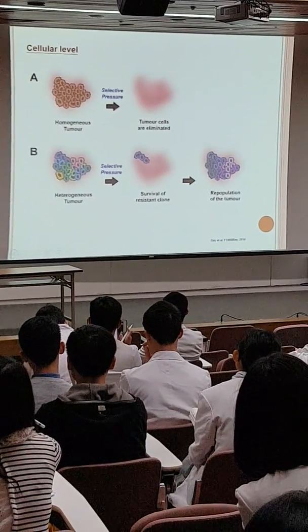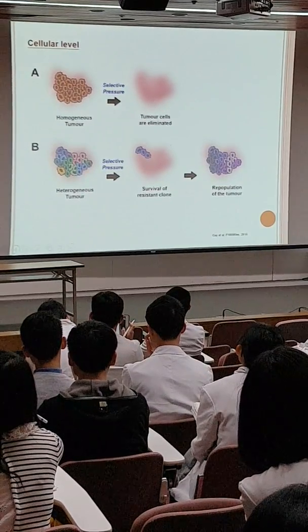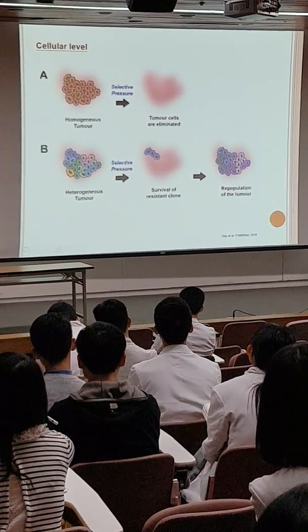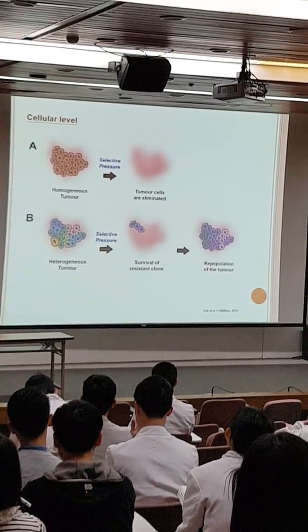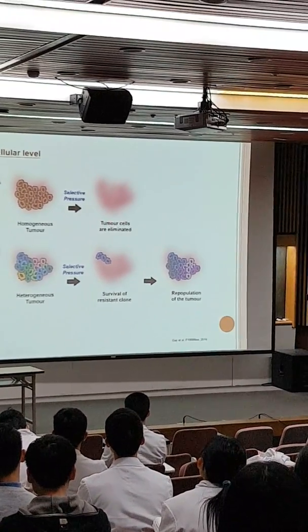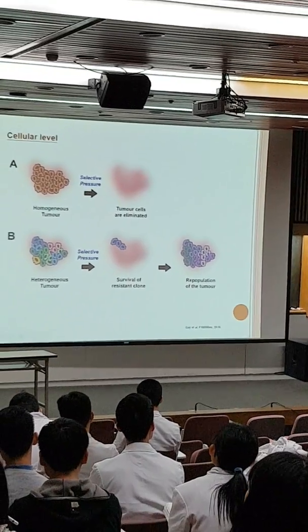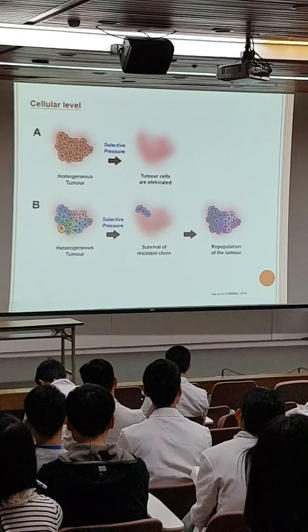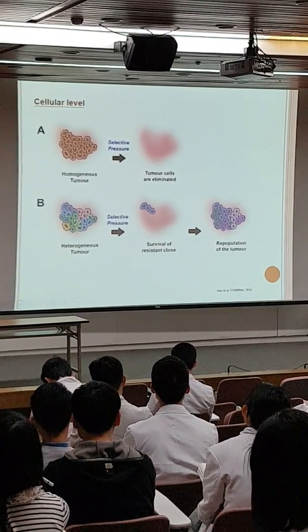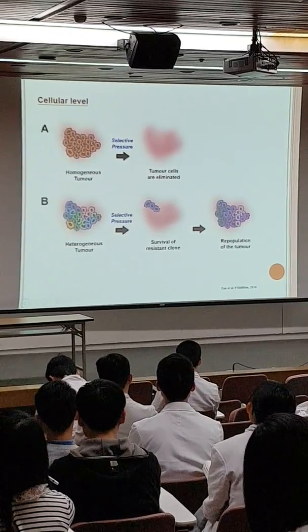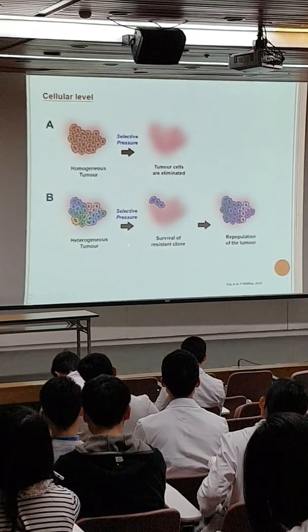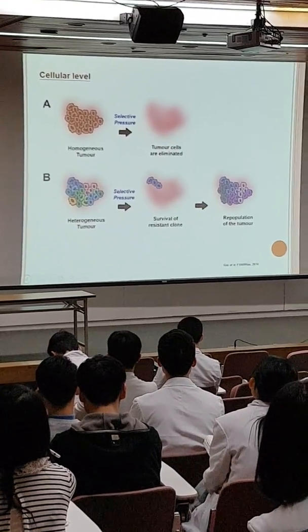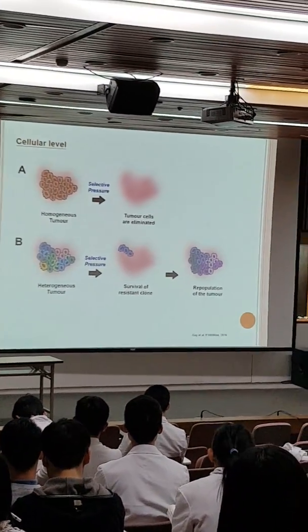For those homogeneous tumors, or relatively more homogeneous tumors, if we treat them or remove them with surgery or whatever means, a lot of times we could assume a cure and follow up the patient. But for patients, we believe the majority of the tumors will have underlying cells with a heterogeneous population. Actually, if we treat them, we may be applying a selection pressure from the drugs. Even if there is